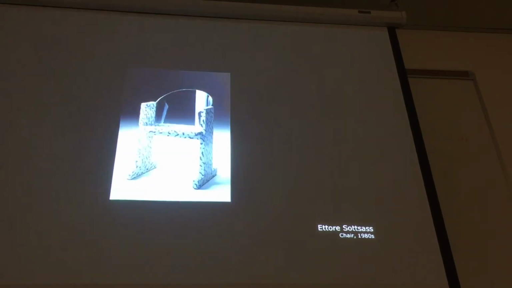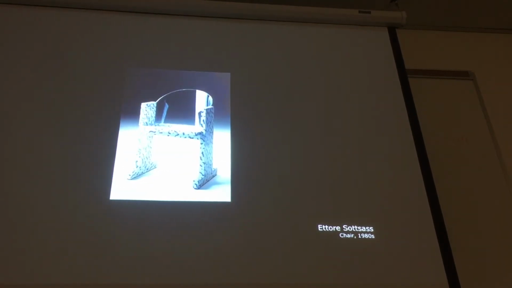And so over and over again, Ettore Sottsass was playing with this idea of plasticity and making things that looked like who knew what. There was just a bunch of shapes that they were putting together that didn't even really imply what the function of this was. You can see here that these are actually just a series of candlesticks, but they certainly don't look like your standard traditional candlesticks.